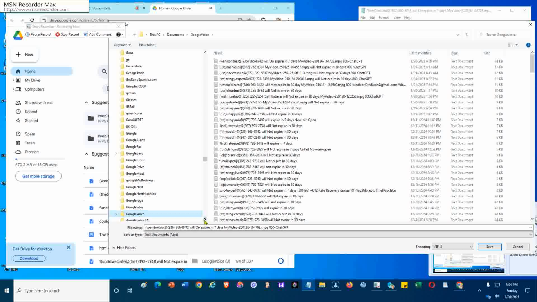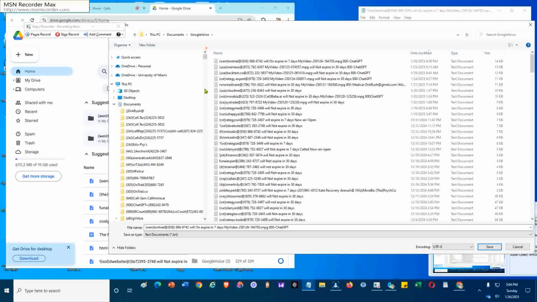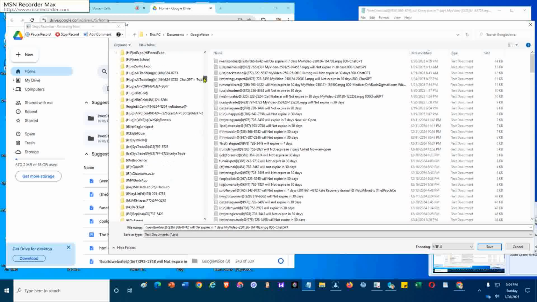In addition to that, I make another folder that is dedicated just to this one number. In this case, for example, the account name will be went on trial. That's a smart approach. Creating a dedicated folder for each number, like went on trial, helps keep your records organized. It makes it easier to find specific information when you need it.